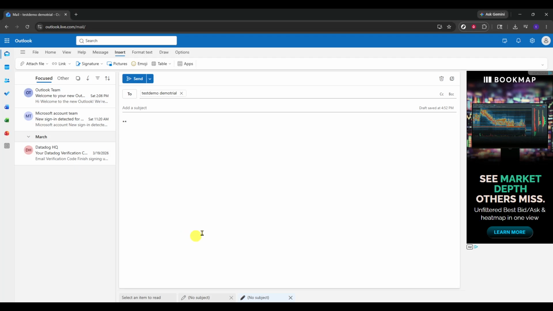Hello, today we will guide you through how to find a missing folder pane in Outlook 365. If your folder pane has disappeared, don't worry. This is usually just a view setting that got changed. The folder pane is the left-hand sidebar that lists your inbox, sent items, drafts, and any folders you've created. Bringing it back only takes a moment, and you can toggle it on or off whenever you need more screen